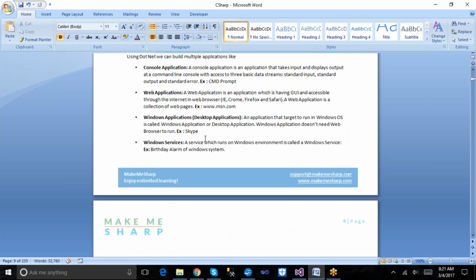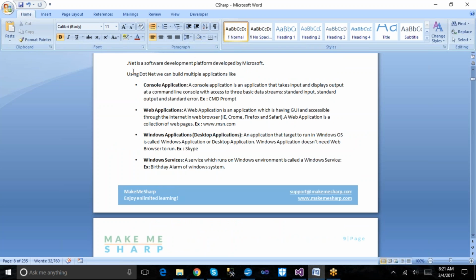Let me go back and see what we just discussed. As per the .NET introduction, .NET is a technology where we can build a variety of applications, or we can say .NET is a software development platform.